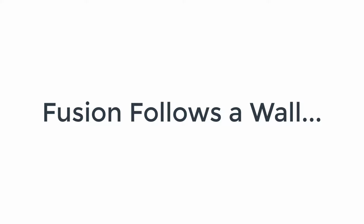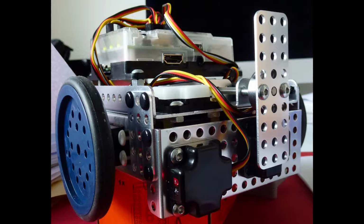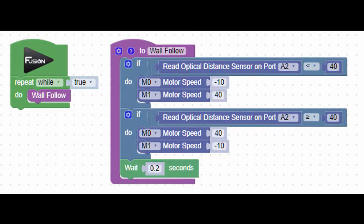Let us see how Fusion behaves as a wall follower. First of all, we will add an optical distance sensor pointing sideways. For the wall following function, we have reused the line follow function because that's pretty much the same in terms